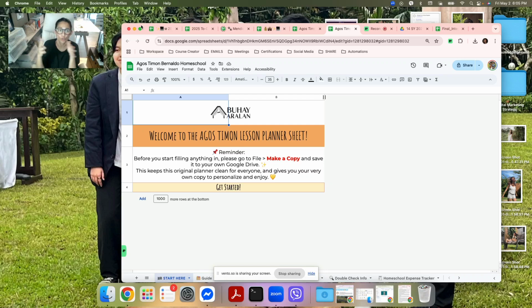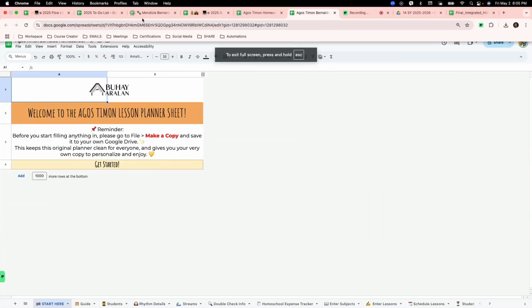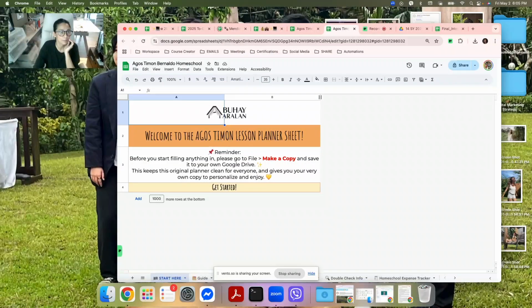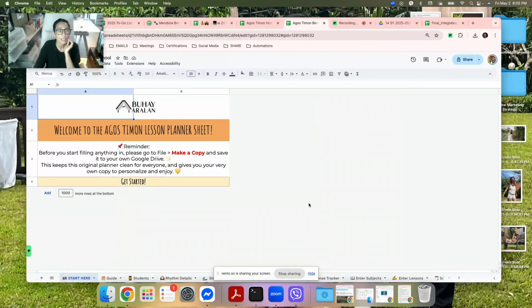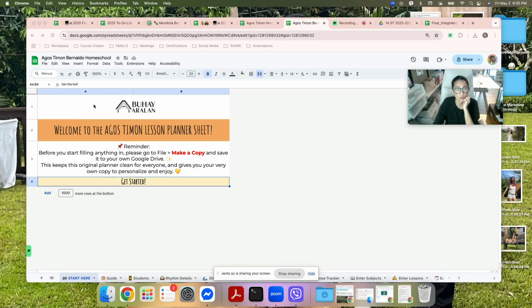And I wanted to show you how you can actually utilize your Agos Timon homeschool planner. So essentially, it's a Google Sheet. As soon as you purchase, you will get this one. And what you need to do is actually copy it first, because you will see it's